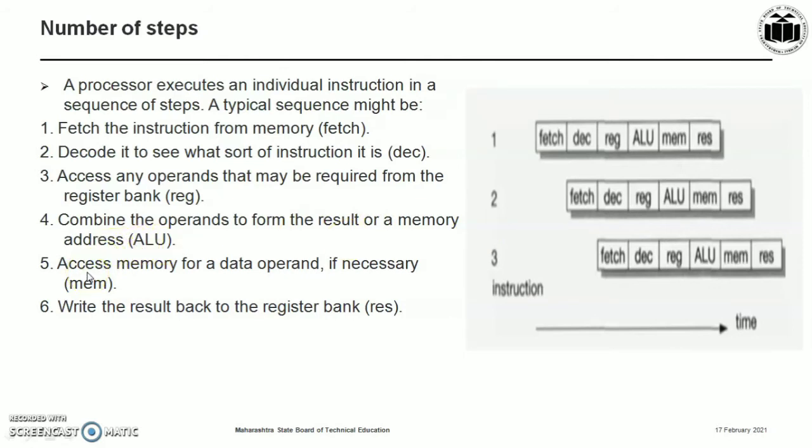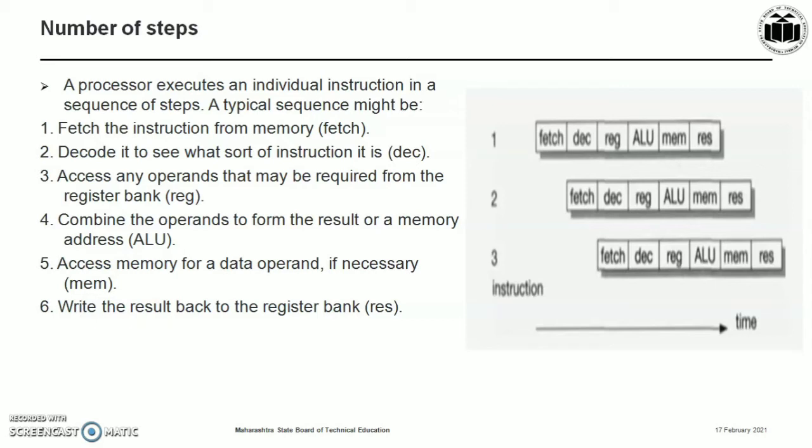In the fifth step, access memory for a data operand if necessary. In the sixth step, write the result back to the register bank.